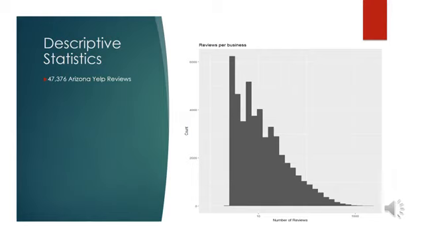Let's take a look at the review data. I could not work with the entire review dataset of 4.7 million records due to resource issues here on my workstation. I tried a variety of different ways to chunk the data and still be able to work with it in memory, and I just could not get that to work. So I decided to segment the data into something a little more usable, restricting the data set down to the state of Arizona.